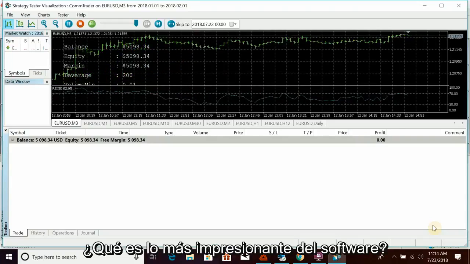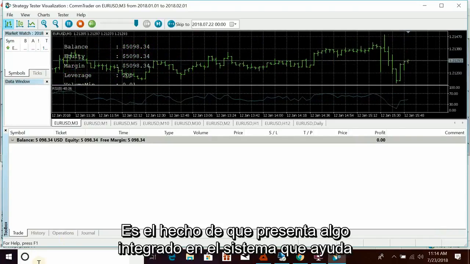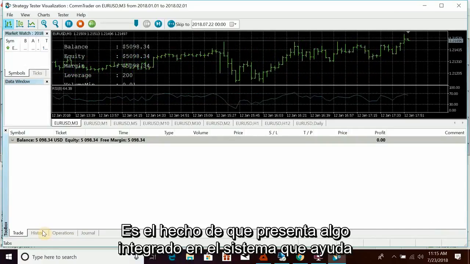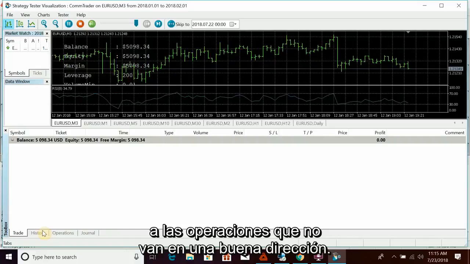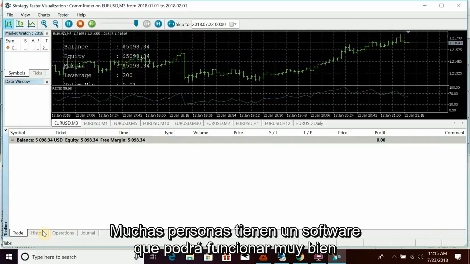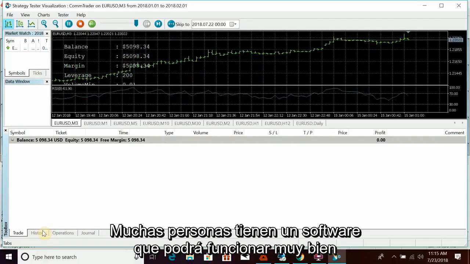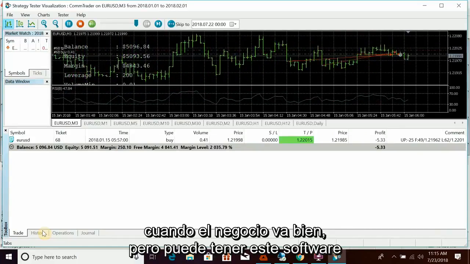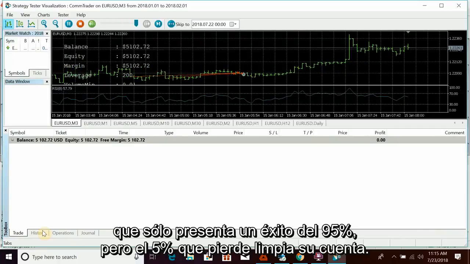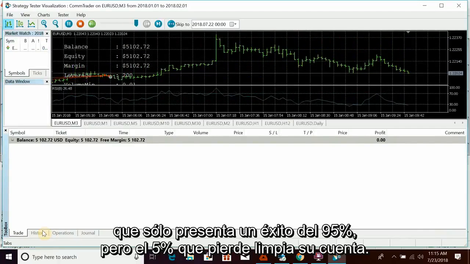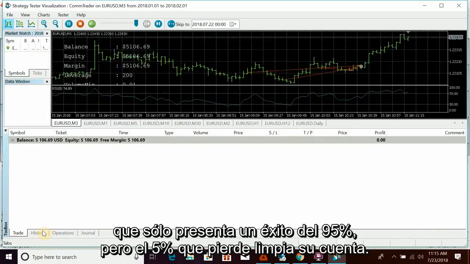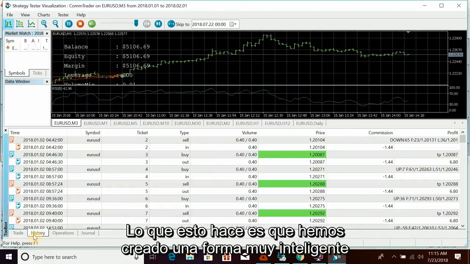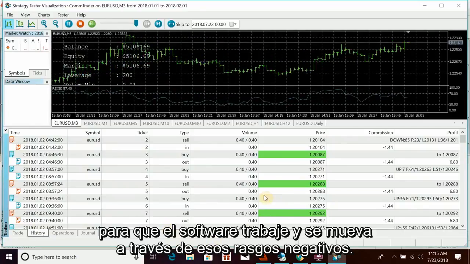What's the most impressive thing about the software is that it has something built into the system that will help you out of trades that are not going your way. Lots of people have softwares that do well when the trade is going well, but you can have software that goes 95% success, but the 5% that lose wipes out your account. What this does is we've created a very intelligent way for the software to work its way